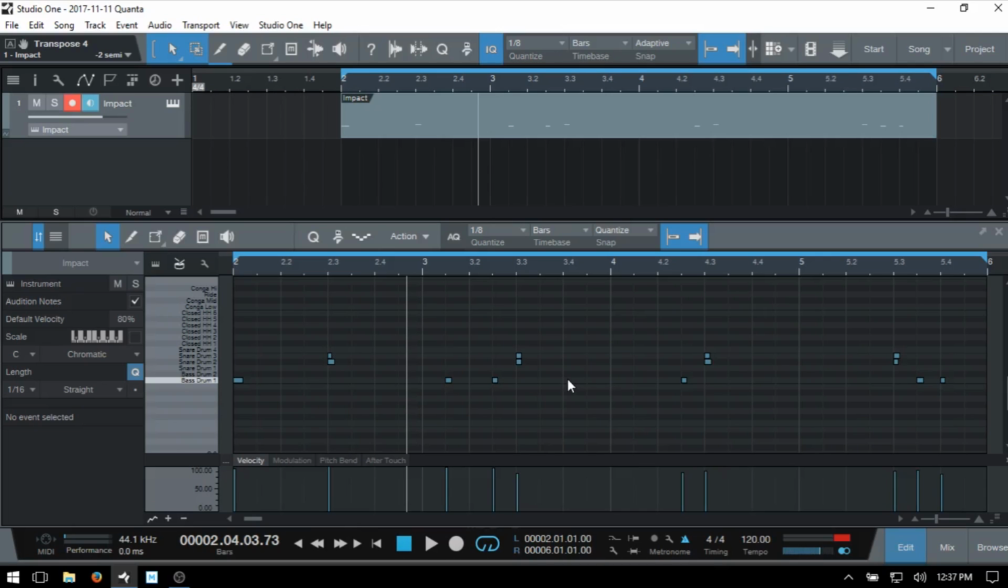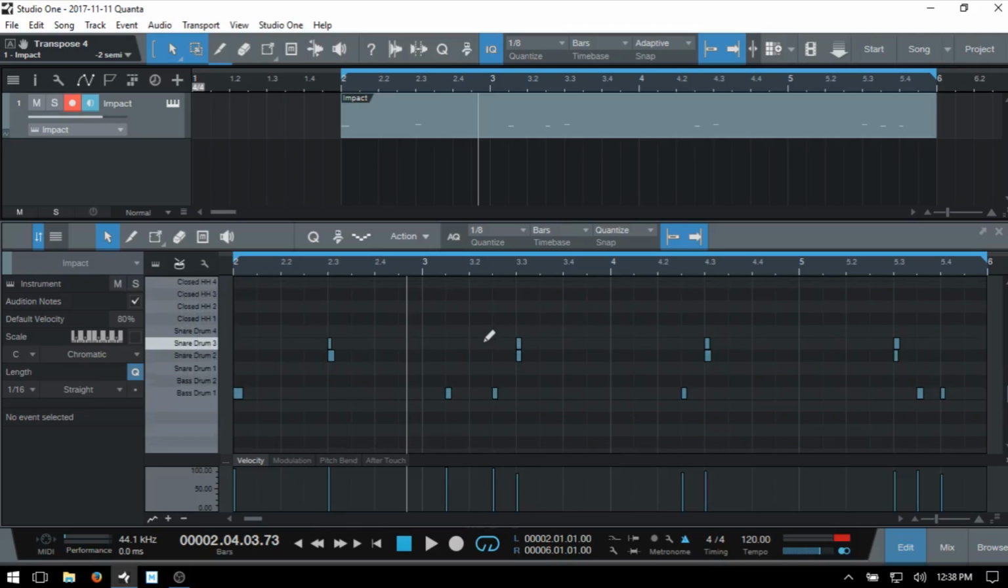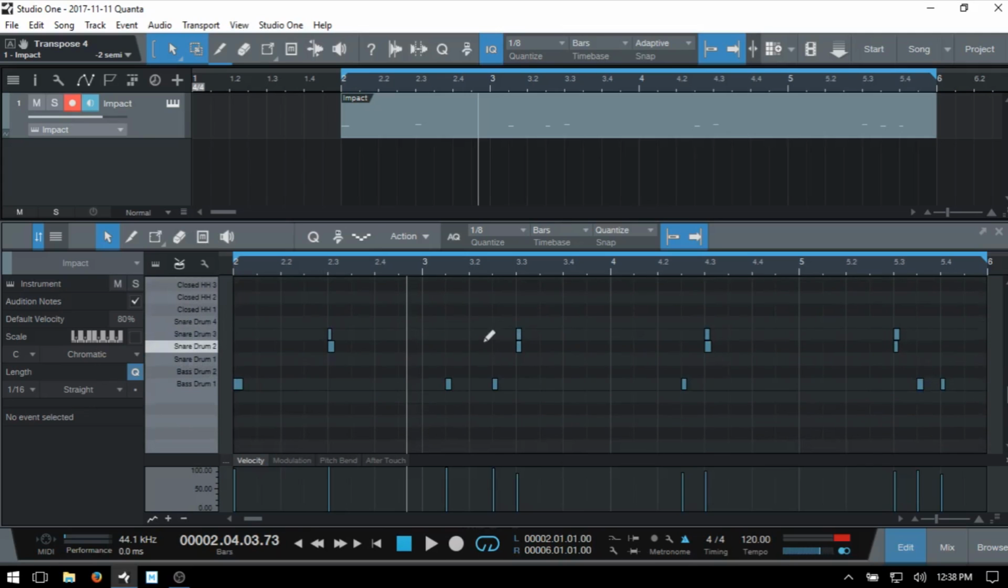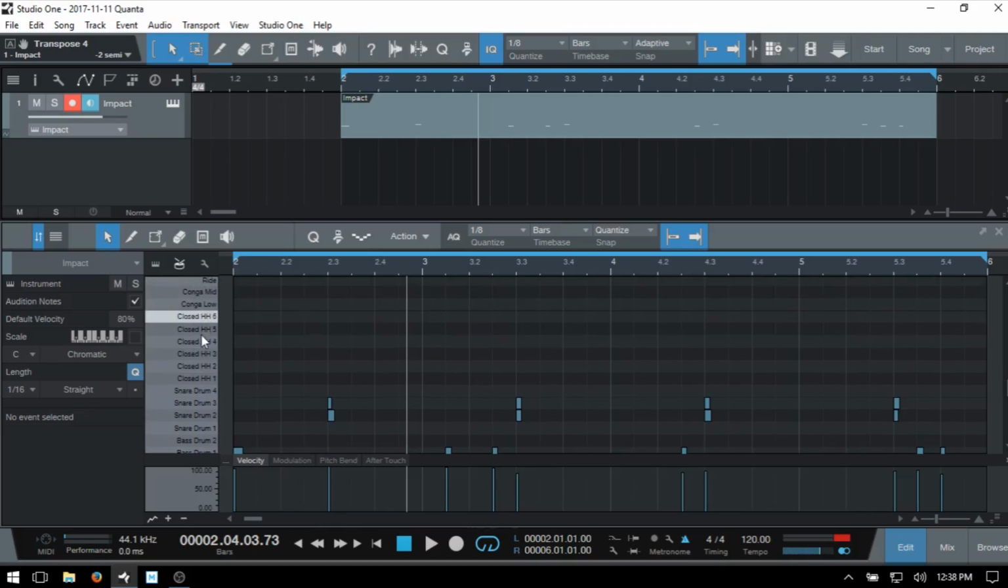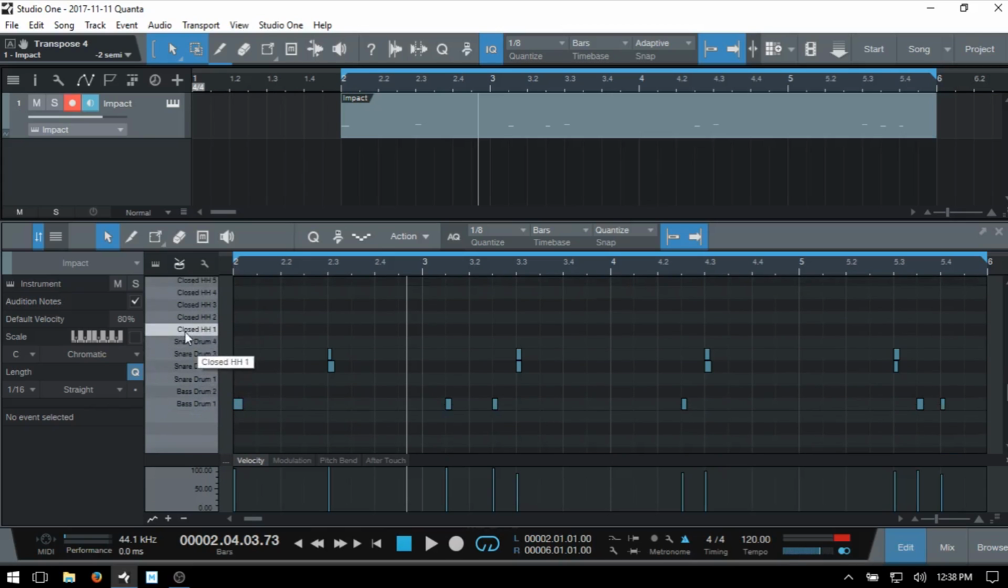Now, since we're working with Impact, which is a drum sampler, when we open up the editor, it's taken into a drum edit mode, and we can see here, I'll hold down Control and use my mouse wheel to zoom in a bit. We can see that the names of our pads are showing up here to the left, so we can see exactly what's going on, and we can even audition